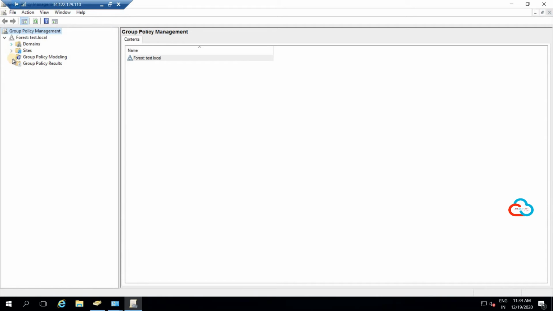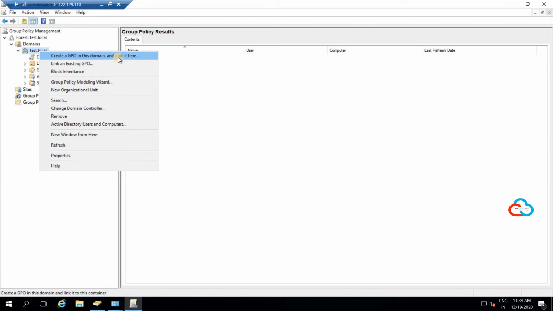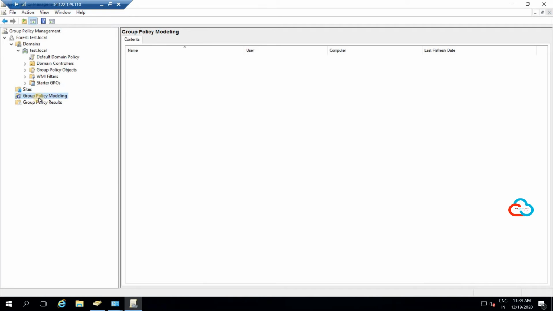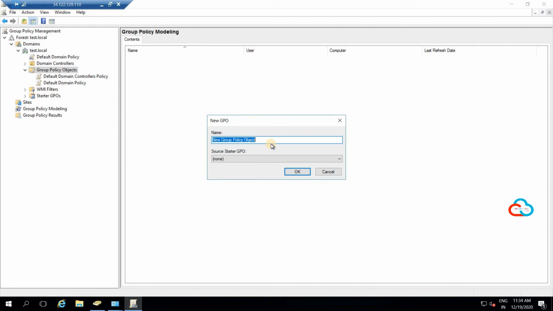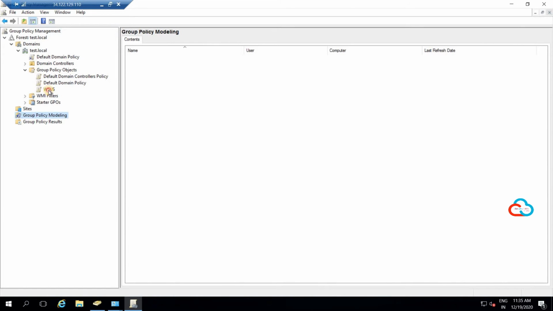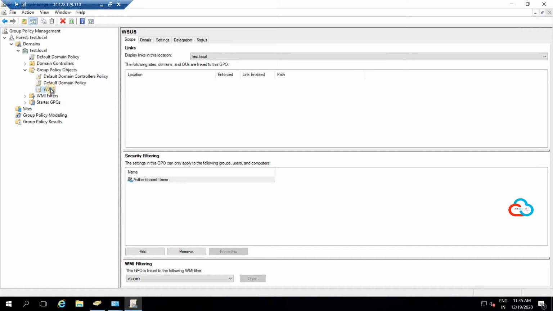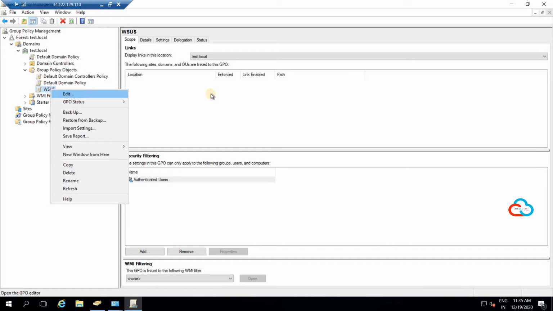Right now there is no policy applied. You can see that there is no policy, right? There is nothing. So we can create our first policy. You can go into the group policy object, go to the new option and give this the name WSUS, press enter, and you can see WSUS is populated. Right click on this, click on edit